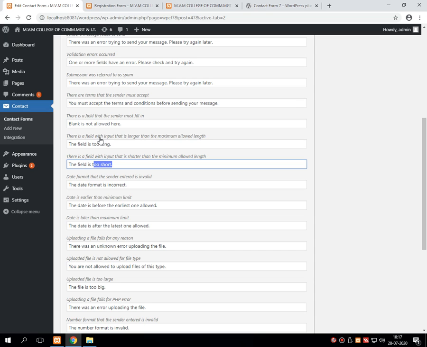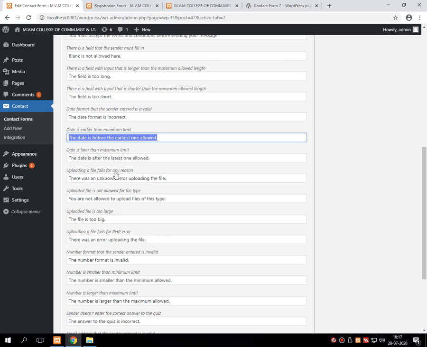This is for checking the maximum allowed length. You can even go for checking the minimum allowed length. This particular error message works with the date format if the user has passed any valid or invalid date. We will check it practically. This is for checking dates and their minimum limit, and this is for checking dates and their maximum limit.